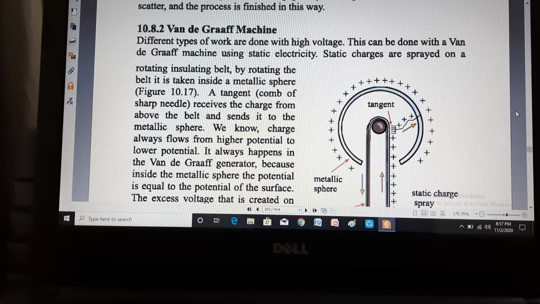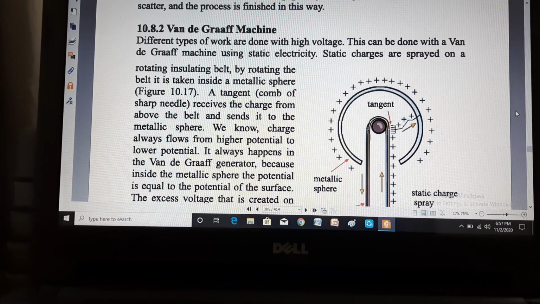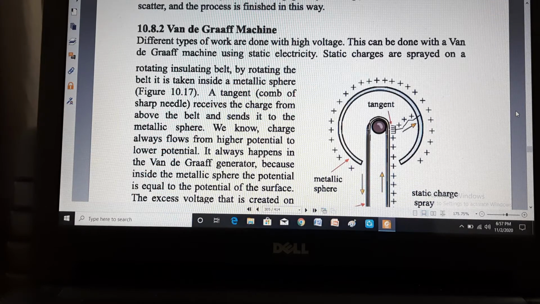A tangent receives the charge from above the belt and sends it to the metallic sphere. We know charge always flows from higher potential to lower potential. It always happens in the Van der Graaff generator because inside the metallic sphere the potential is equal to the